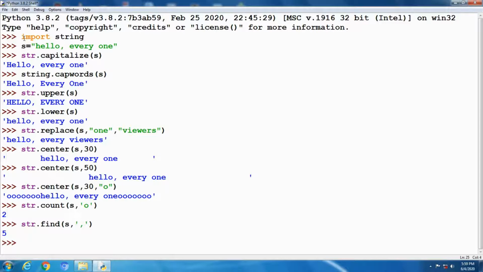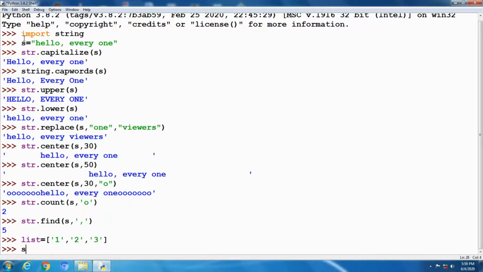Next one, join. One list, 1 2 3 4, any number; however many numbers you want, you can give. I am creating one list and assigning s to dash, double quotes you have to give. Then I am joining both the string list and s.